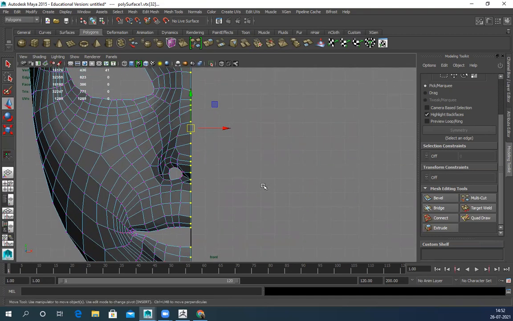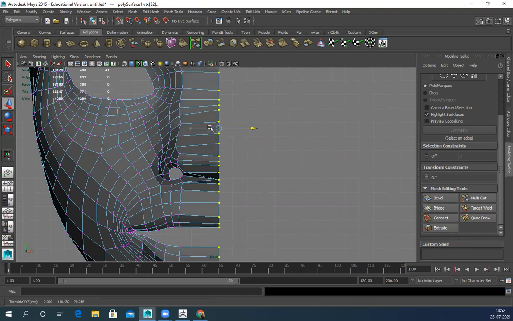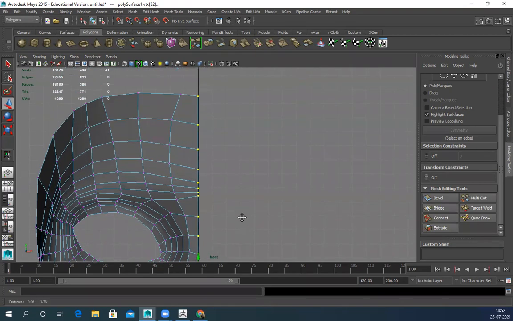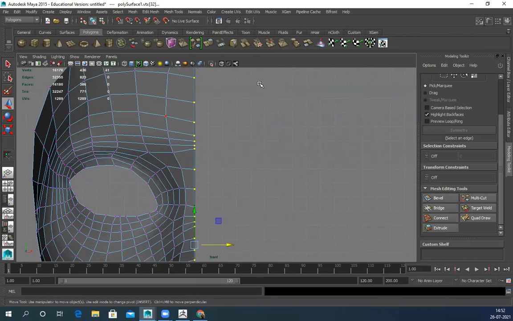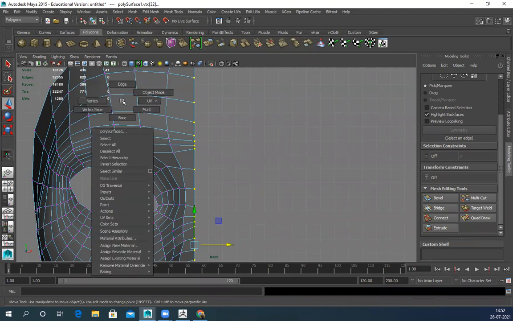W and press X and snap it to the grid. Just right click.